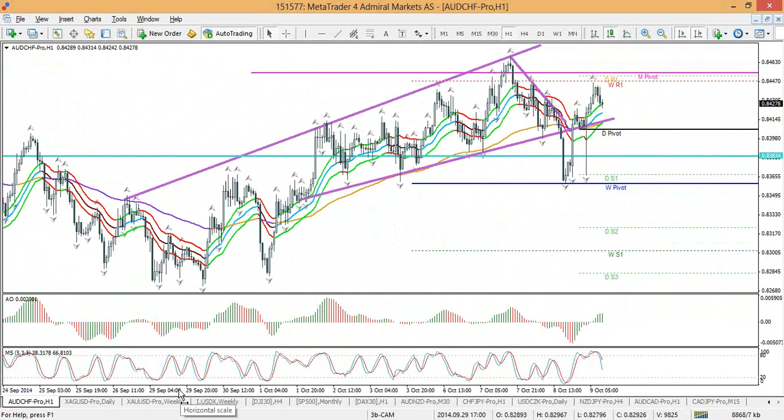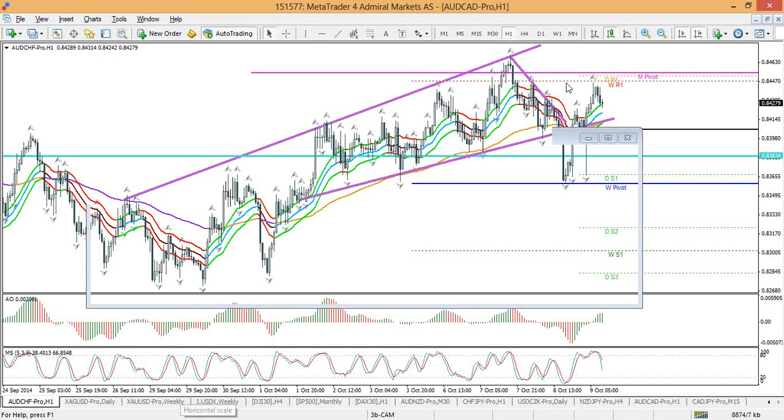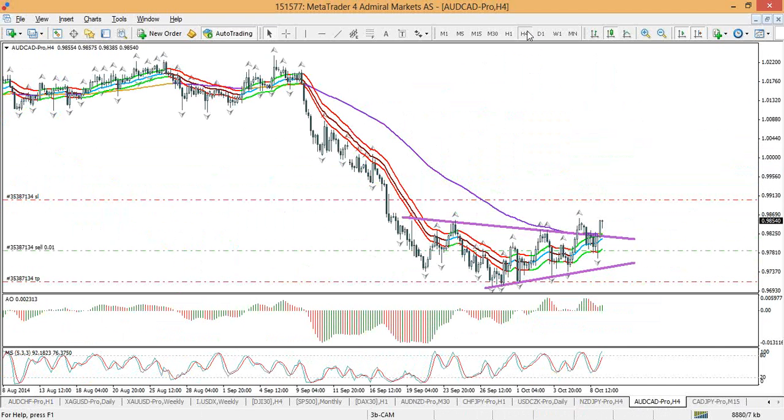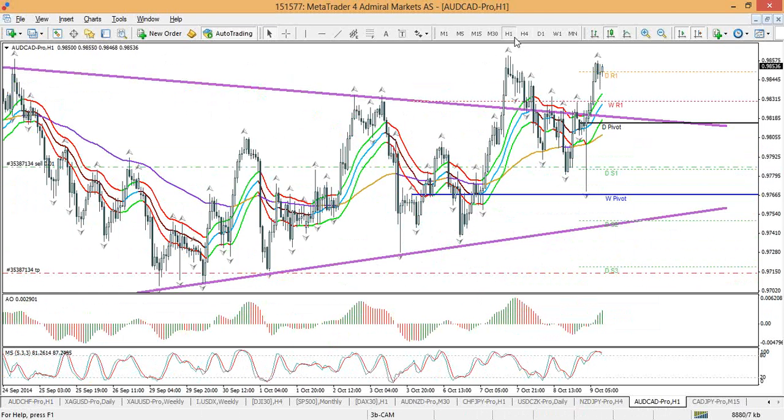So that means USD/CHF looks better than AUD/USD. If I had to choose, see AUD/CAD. AUD/CAD is breaking to the upside, which means that we're seeing more Aussie strength, which means AUD/USD would be better again than USD/CAD. And if we compare CAD versus Swissy,